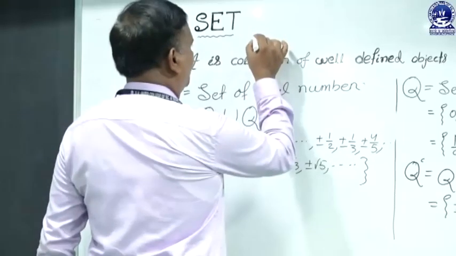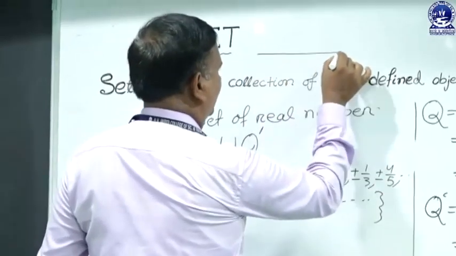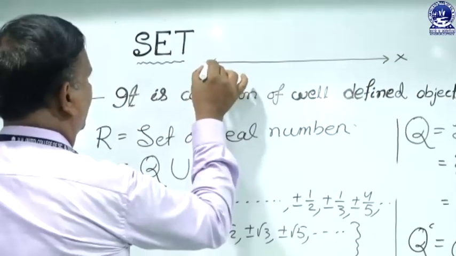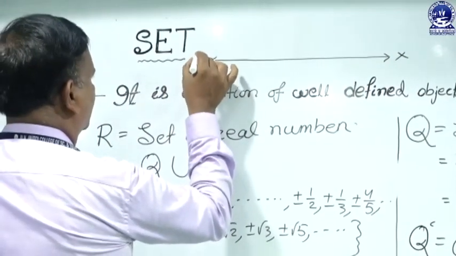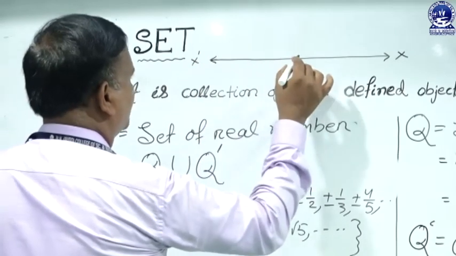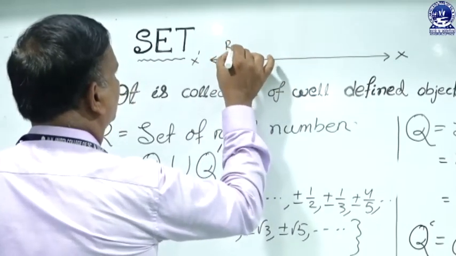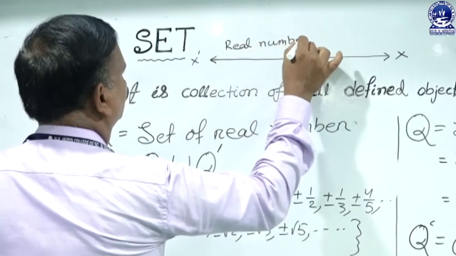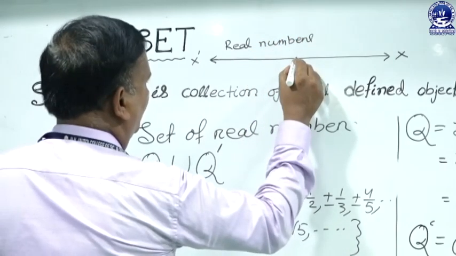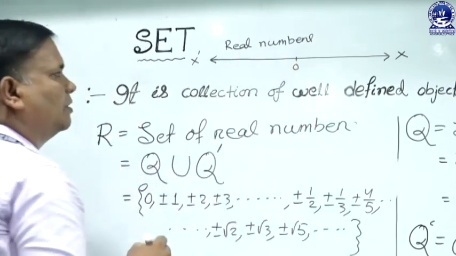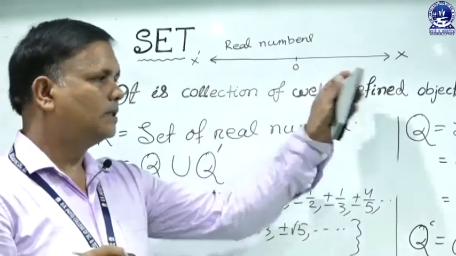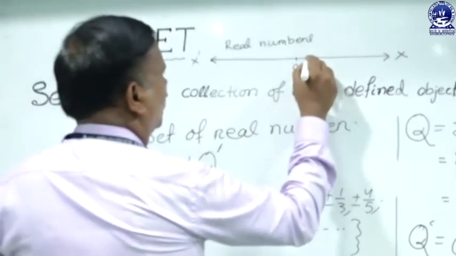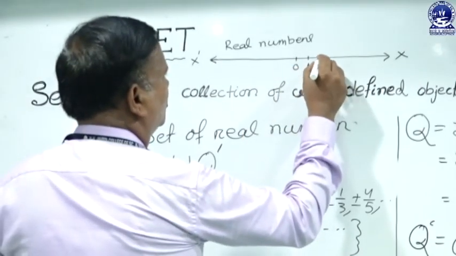In a figure, a real number can be represented as a line. In a graph, suppose this is the x axis, the horizontal line called the x axis. This x axis represents the set of real numbers. That means the middle point is 0. So 0 is a point on this x axis and this line. 1 is also a point, 2 is also a point.